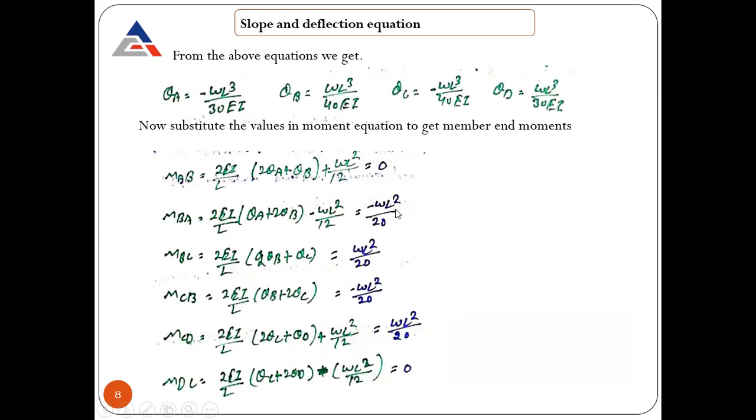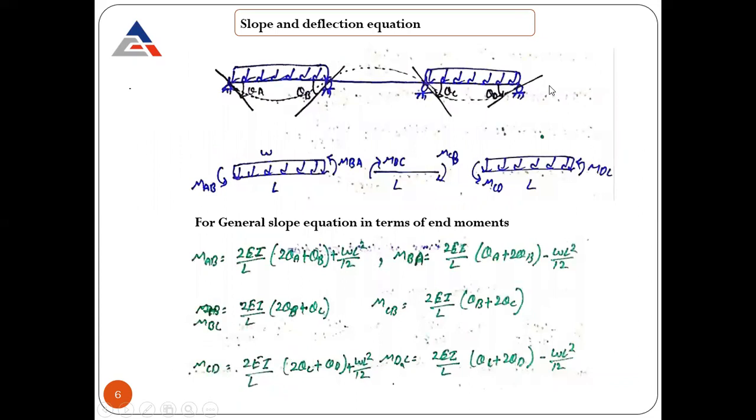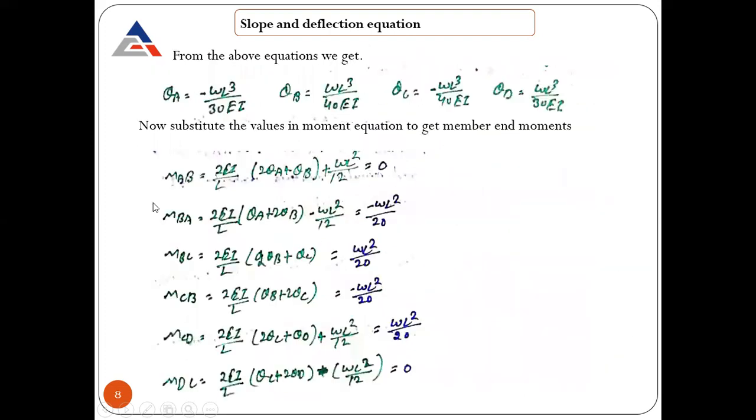Depending on only one case, if there is a loading change, that can change, because if you see in this particular case, these are mostly the two loads only, so the value comes most probably equal because there is no load. Even though there is no load, they come out equal. So balancing of moment should be there at a particular joint. If you see for the further joint also, at joint C, MCB and MCD both will be equal, but the sign should be different. One is negative, other is positive. Their sum should be equal to 0. Similar for MDC also, and their sum comes out to be 0.